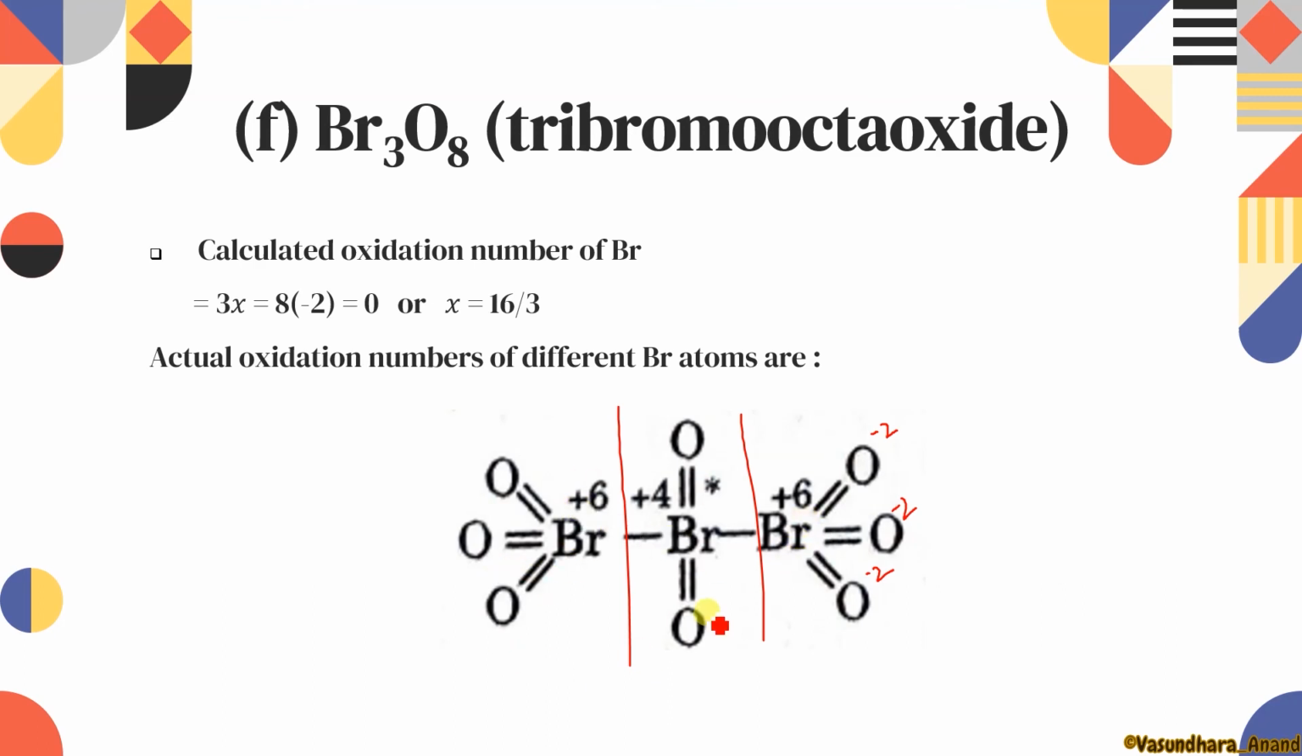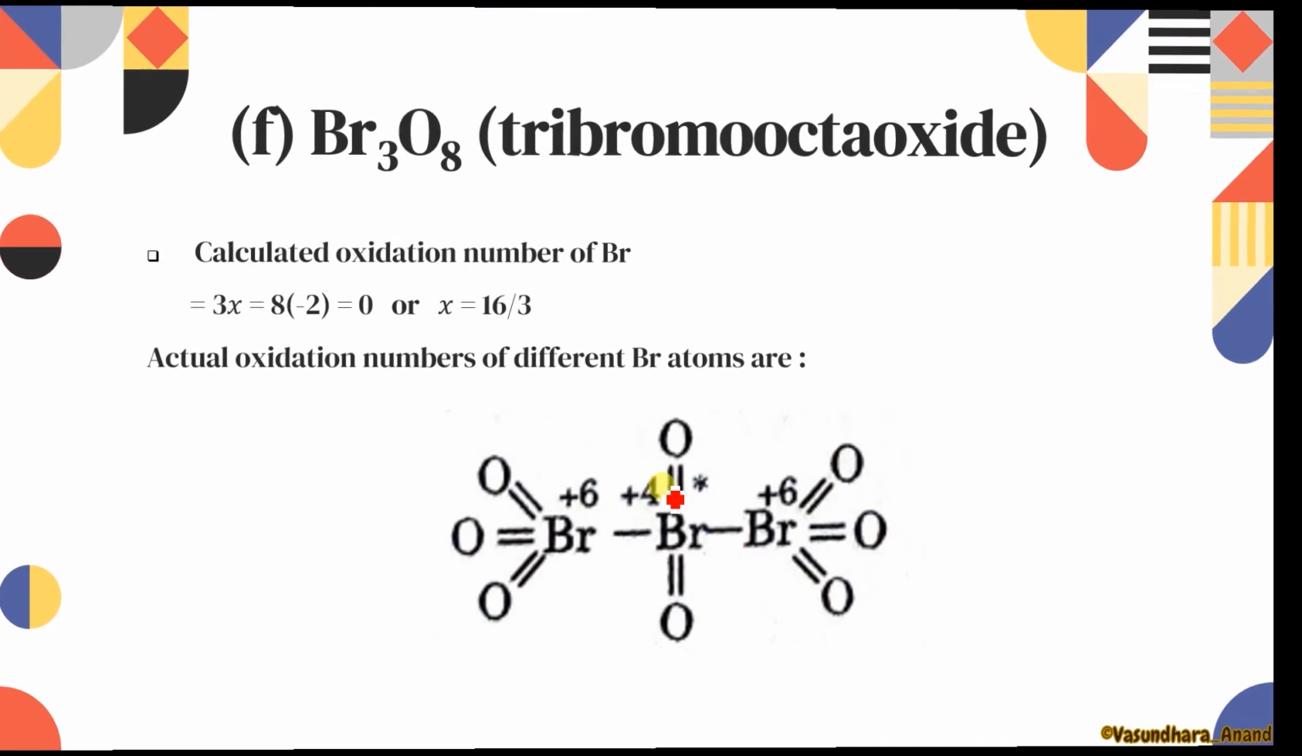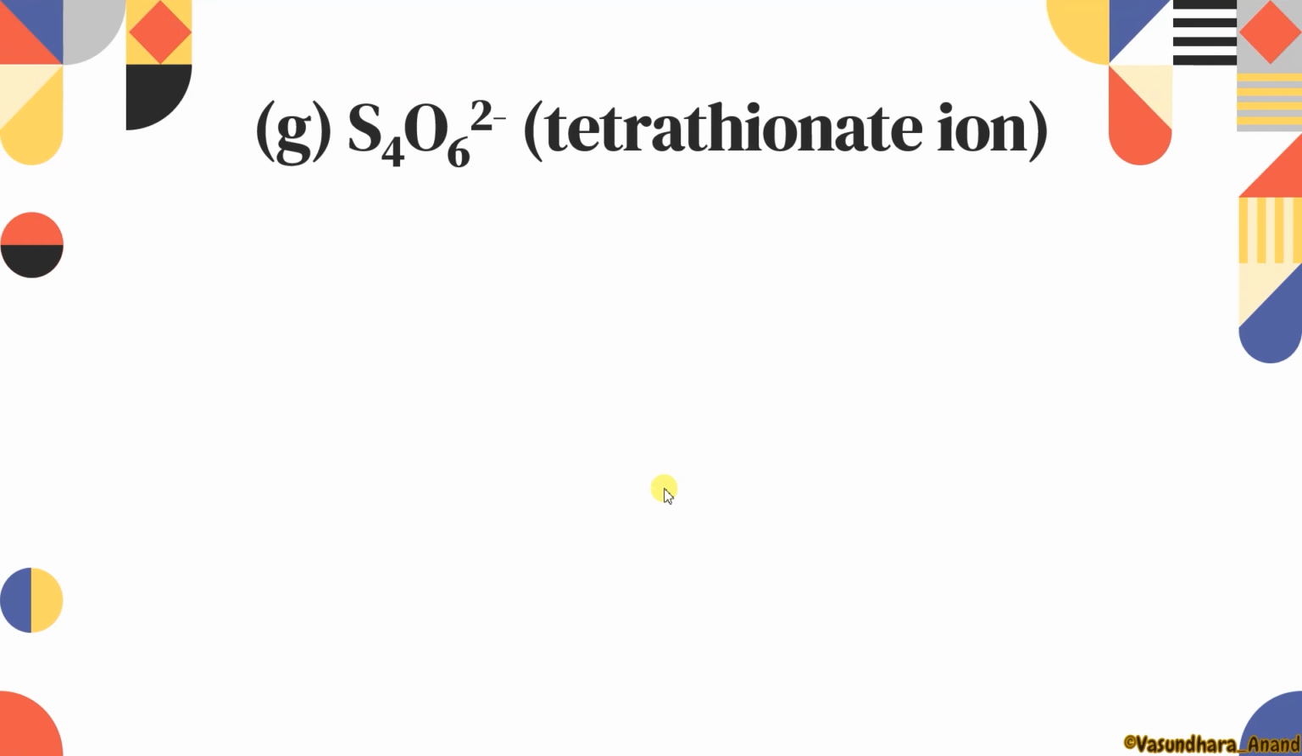And in this case, it is minus 2 and it is minus 2. So to make this part 0, this bromine must have plus 4. So in Br3O8, the 2 bromine are in plus 6 state, while the one in the center is in plus 4 state. Clear? Another is tetrathionate